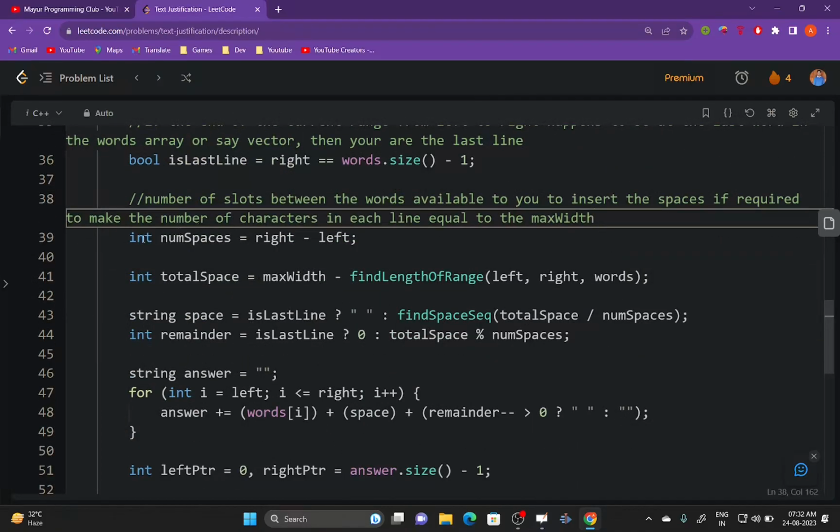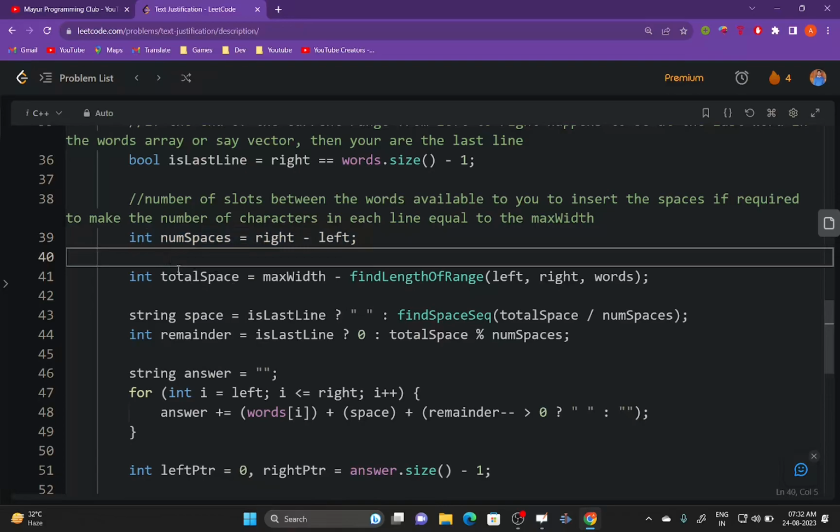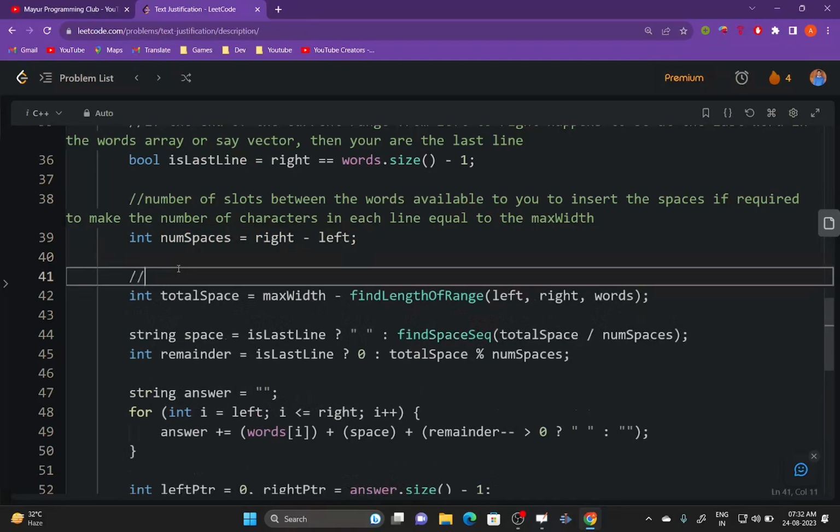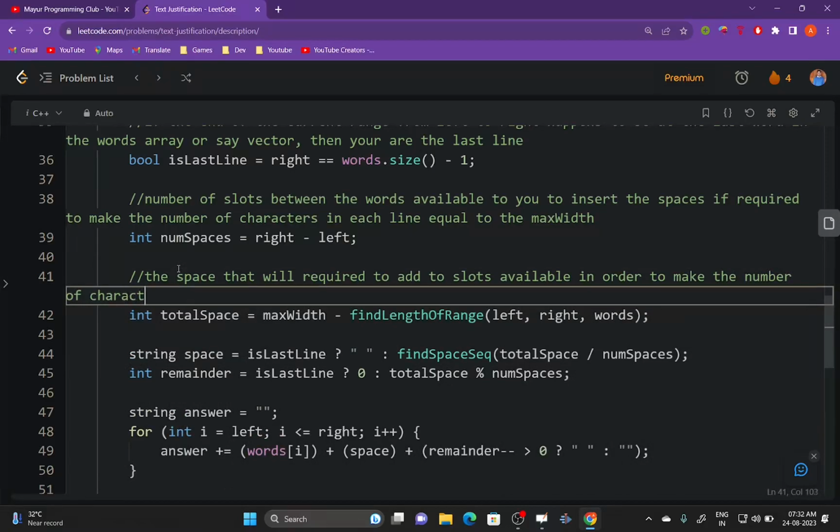And the total space required to add to the slots available in order to make the number of characters in the line equal to max width